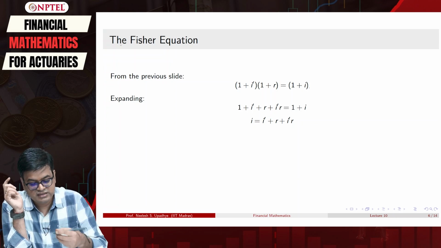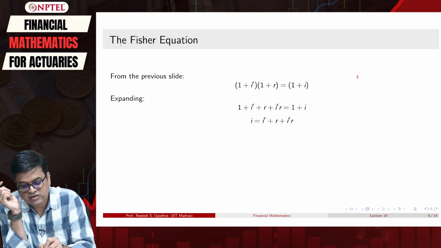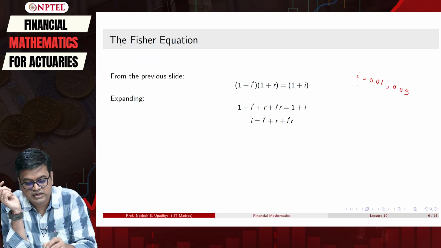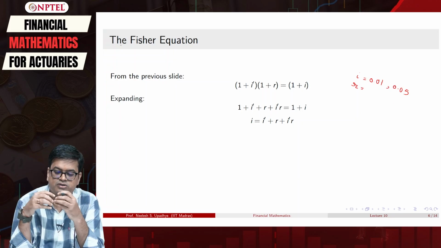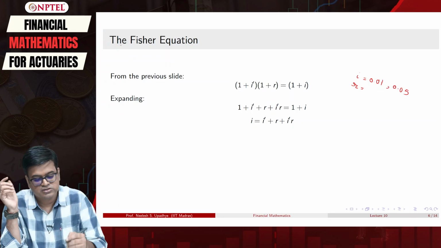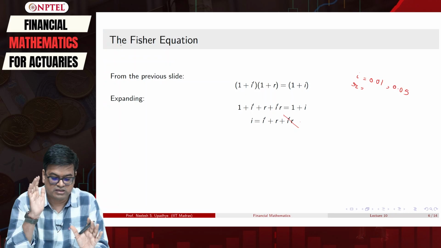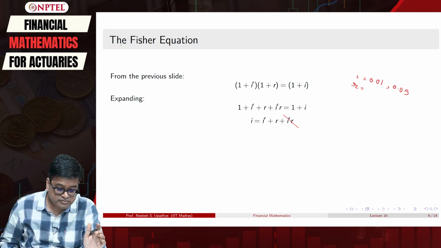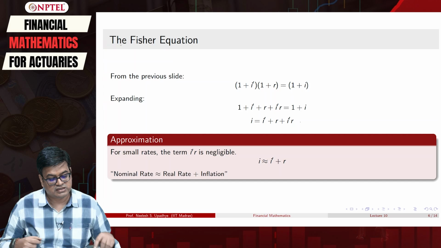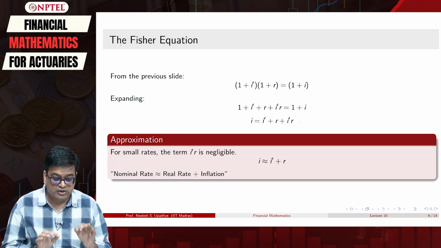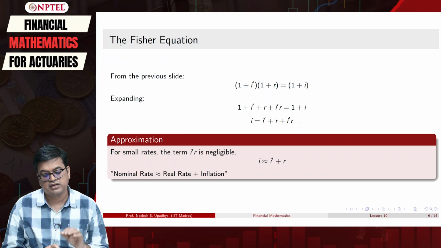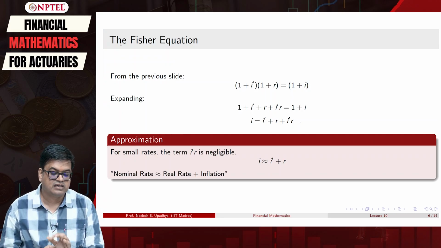Typically, when we are handling these numbers, these interest rates are in the range of 0.01 or 0.02, say 0.05 and so on, and inflation rates are also in that range. So when you multiply these two, they go beyond 2 decimals. In such cases we can ignore this product, but this is an approximation. If you ignore that, the approximation tells us that your nominal interest rate is nothing but real interest plus the inflation rate.